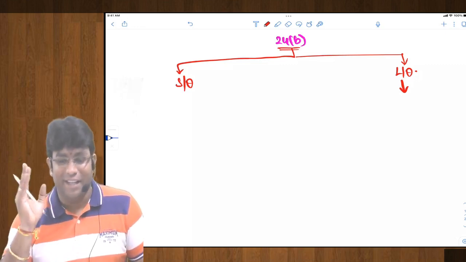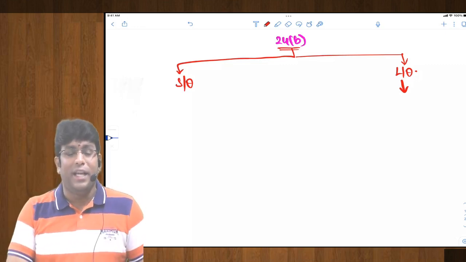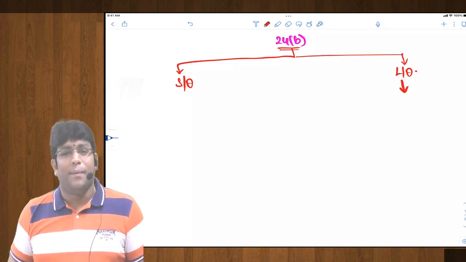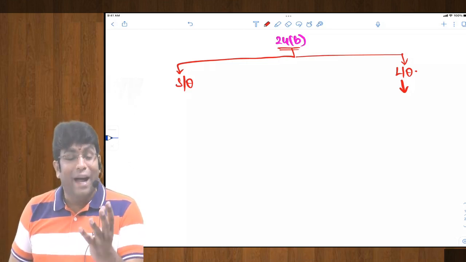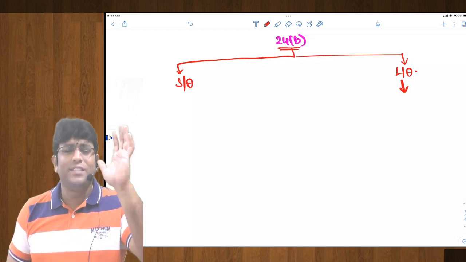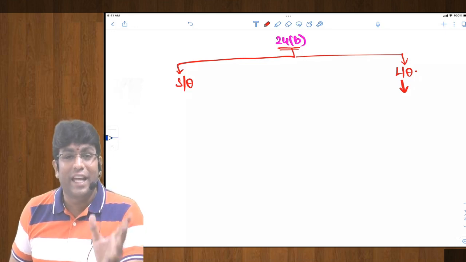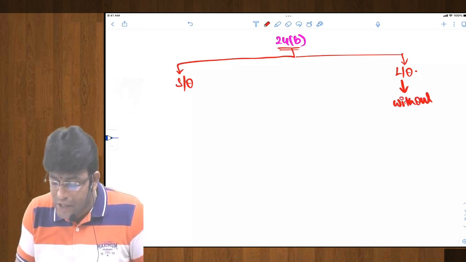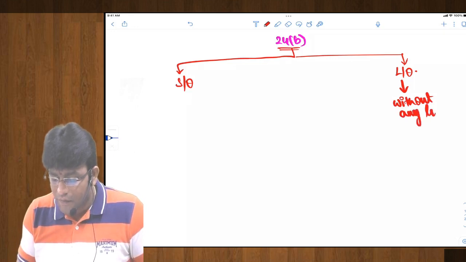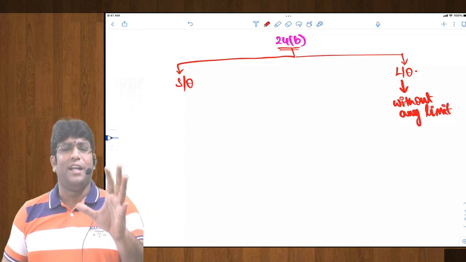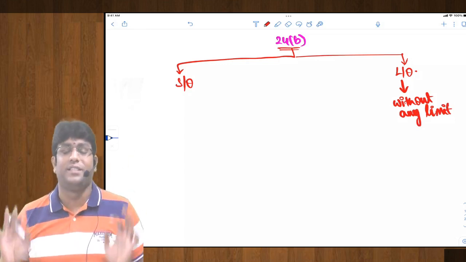Correct? Exactly. Now see, in let out property, since you have given the property on rent, and since some rental income is coming, law is telling, my dear friend, whatever housing loan you have taken, whatever interest you are paying, please take deduction without any limit. Without any limit. That means even if the interest is 3 lakh, 4 lakh, 5 lakhs, whatever is the interest,